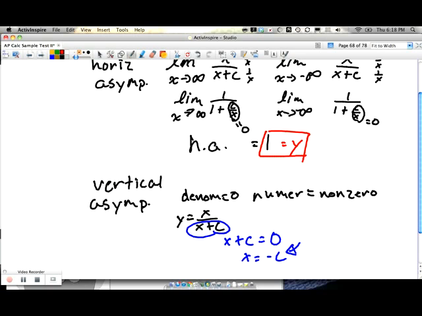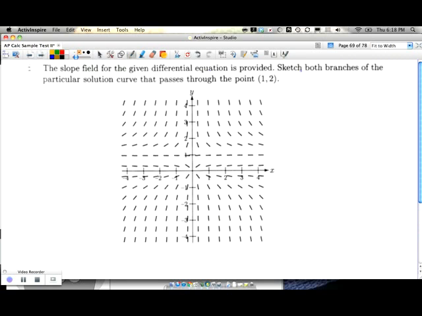Do we have more for this problem? The slope field for the given differential equation is provided. Sketch both branches of the particular solution curve that passes through the point 1, 2. So I'm looking at this point right here, 1, 2. Now, to sketch this curve, I'll sketch it in green just to do something different. Whenever you're trying to sketch a differential equation curve, all you have to do is make sure that you follow